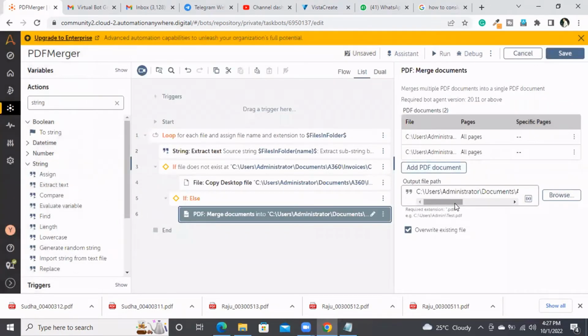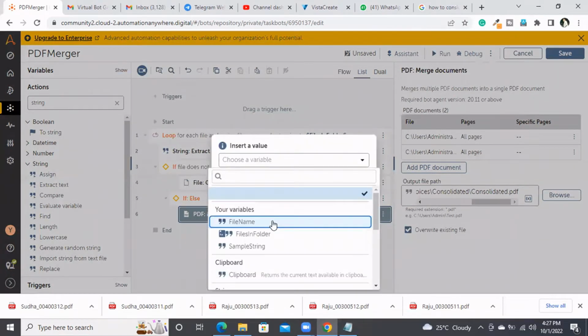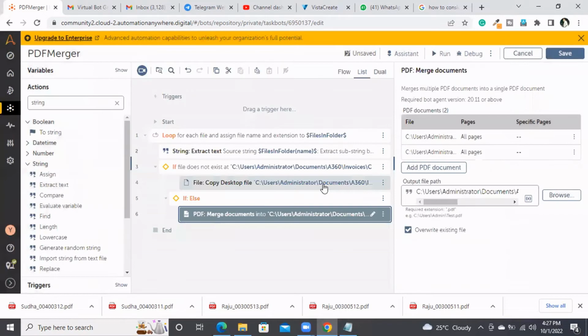And the destination file name also should be the same. So now if I run this,